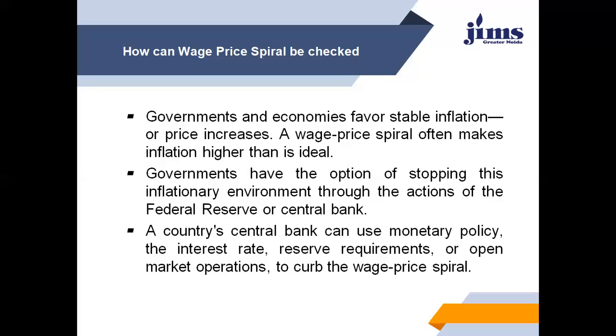Even if people are earning higher wages or a good amount of money, the central bank can adopt many measures. It can also utilize the reserve requirements of the banks, like SLR and CRR. It can increase the SLR, statutory liquidity ratio, and CRR, cash reserve ratio, so that the lending capacity of the commercial banks is limited, and eventually it will lead to control of the wage price spiral.